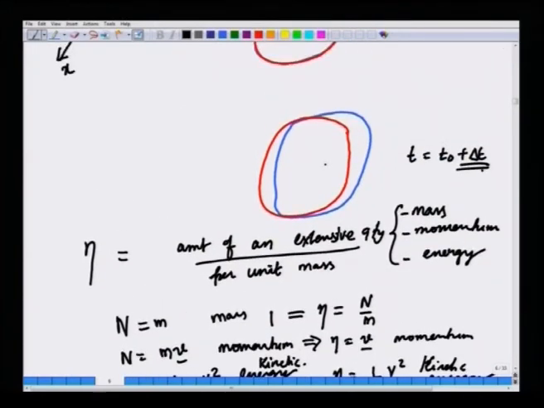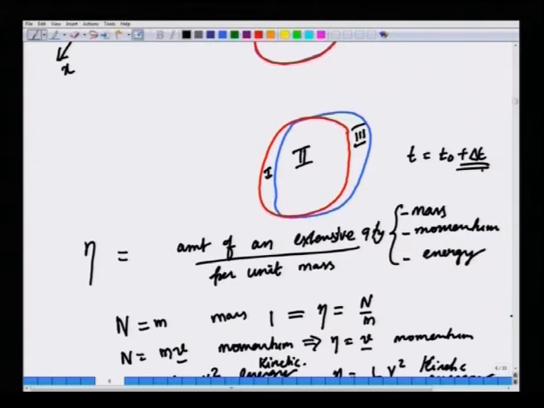In this figure, we can identify 3 regions. Region 1 is the region vacated by the system at a later time t0 plus delta t. This is the portion present in the CV where the system has vacated, that is, the fluid particles have left this region at a later time t0 plus delta t. Region 2 is the common region between system and CV at a later time, and region 3 is the new set of volume that has been created by the material particles that are moving. We will call these 3 regions 1, 2, 3 as shown in this figure.